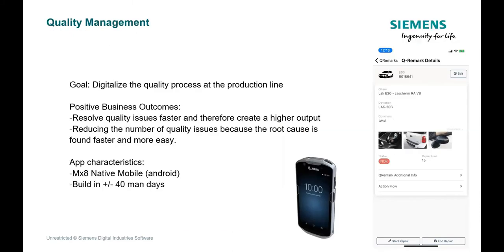Another example is of a Dutch car manufacturer, where this is also related to quality. They inspect the vehicles they have produced, and they use a mobile application which they have built with Mendix to input all the different data that they need, to see if a mirror is broken or a light is not functioning, for instance. This is important.